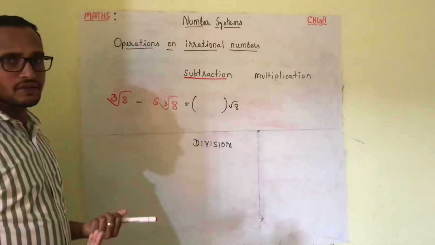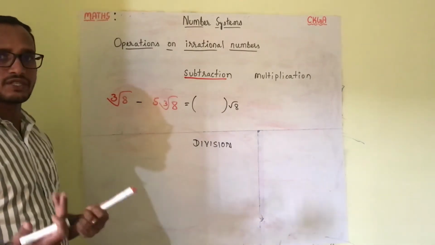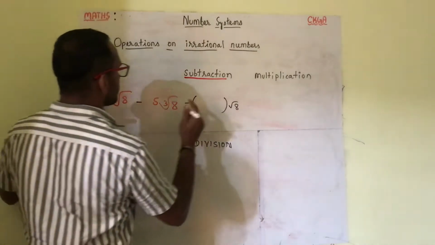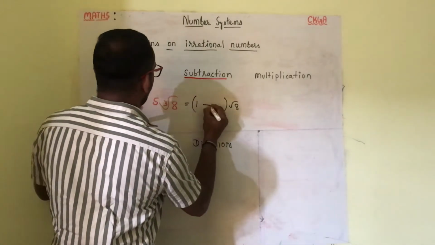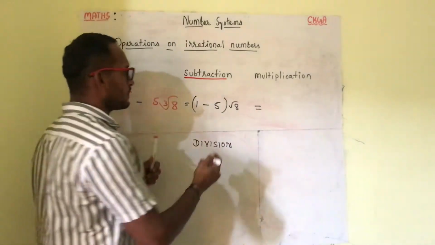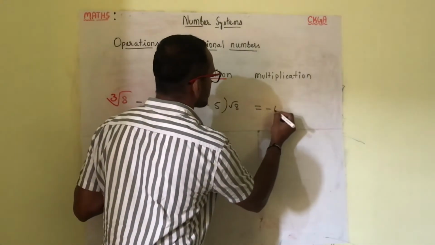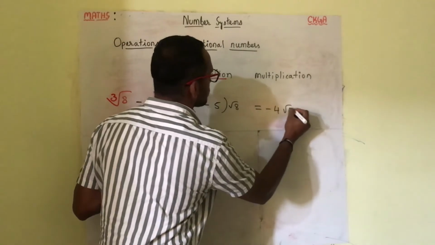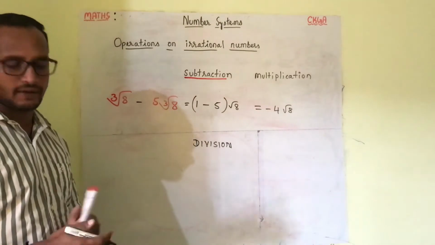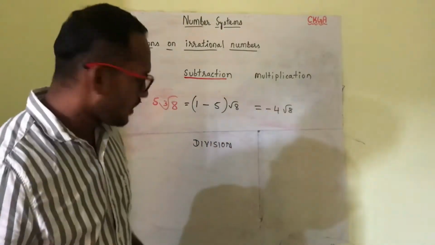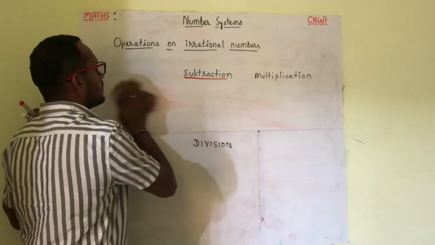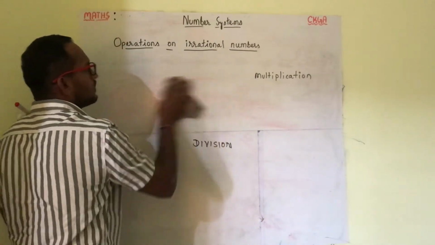But this operation, just see, we follow this operation, is helping us to elaborate more. Okay, see here, 1 cube root of 8, and there is another 1 here, that is minus 5. So 1 minus 5, you know that is 5 minus 1 is 4, the greater number's sign, that would be minus 4 root 8. So now irrational numbers can be subtracted. So now I'll finish this up. Hope you understood about subtraction and addition of irrational numbers.